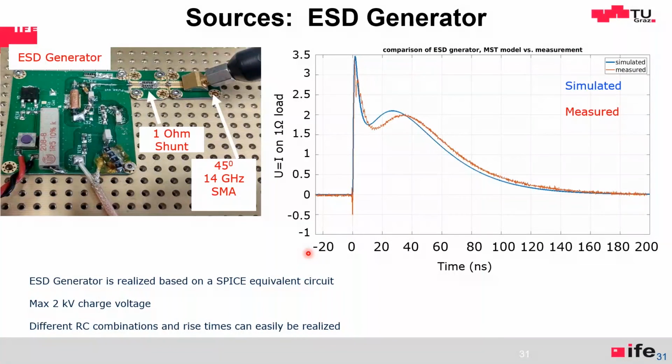And we have, this is an ESD generator. This is actually the circuit implementation of the model Bernd showed. It's just the circuit. There's a Mercury relay which switches. This is the ESD generator up to 2 kV. Here's a 1 ohm resistor to measure the current. And this is model and simulation, not a big surprise. I wouldn't show it if it's totally different.